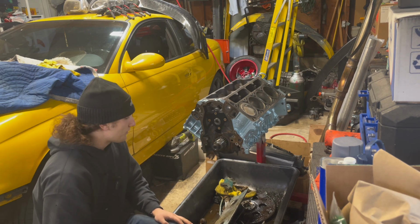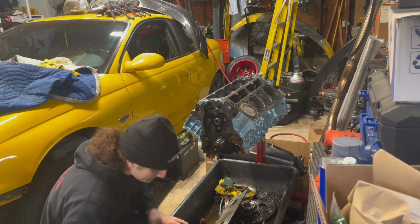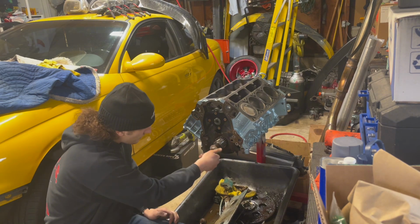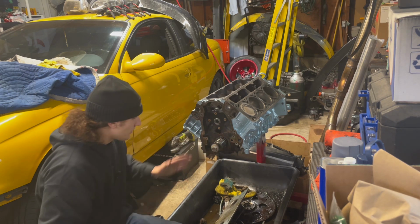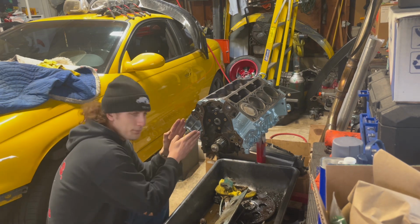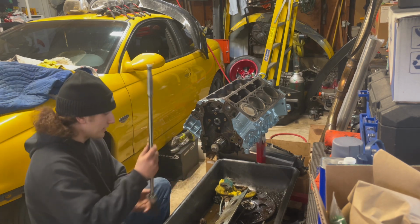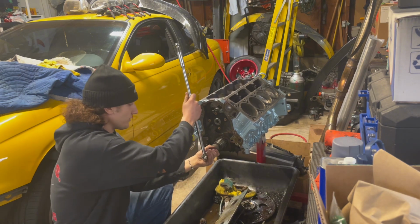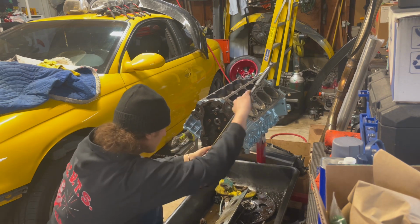I think that's it for that little piece, but now what I want to do is I'm going to put this in here and spin the motor back over. I want to make it so that the top dead center mark, I believe that is, will be straight up and down so that when I go to put my cam gear on with the timing chain, it'll be perfectly lined up. Right now it's kind of off center, which probably isn't the end of the world, but it just makes life easier if we can look at it straight up and down. So this motor, of course, spins over like butter. So let's get this back to...